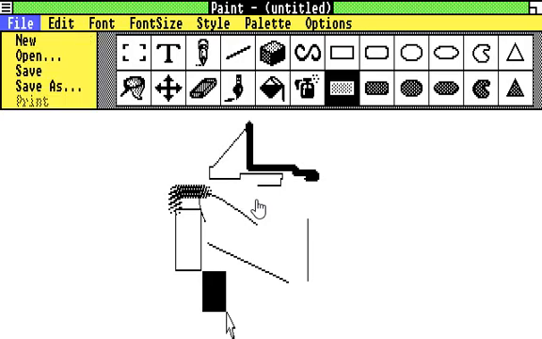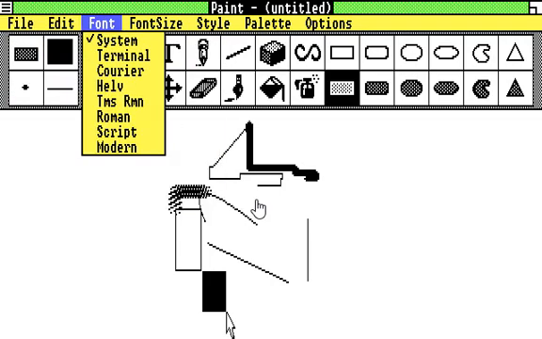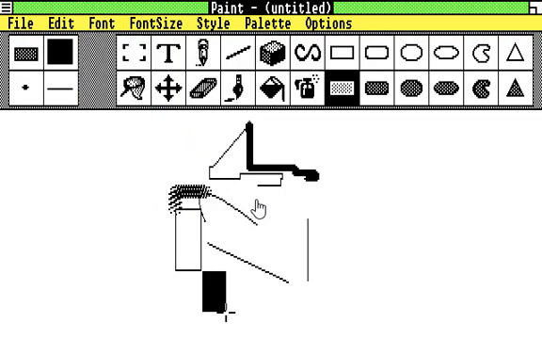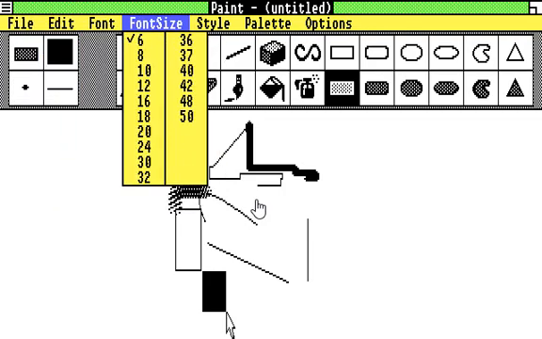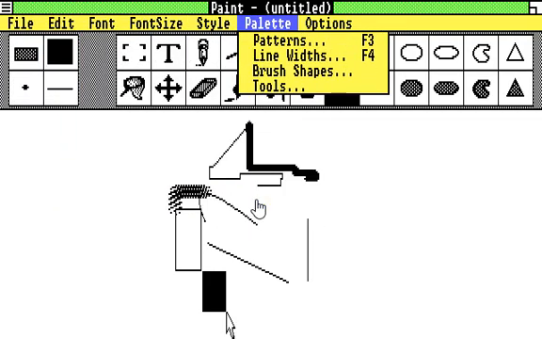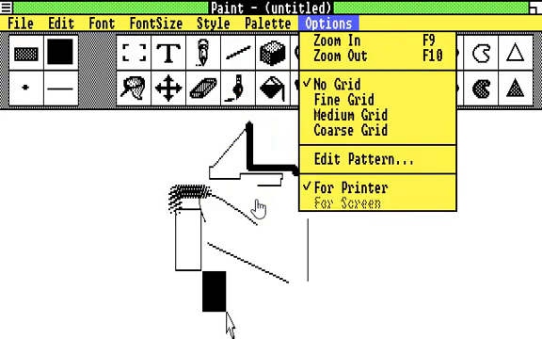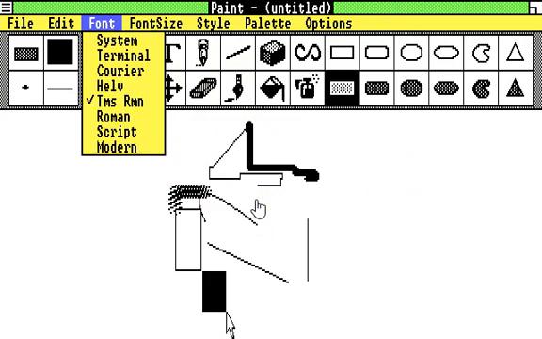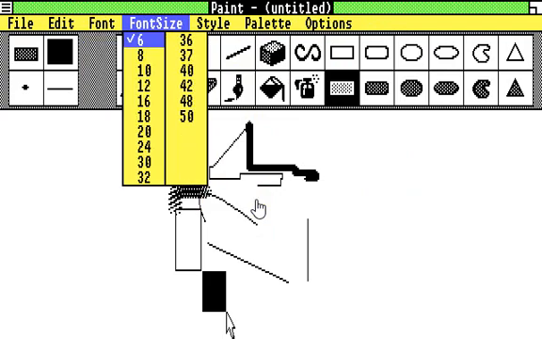But we can actually go into here and we can change the font, the text. We can have Times New Roman if you want. Change the font size, font style, and the colour palette. It's just black and white, even though the operating system itself isn't black and white. If we go to font size, let's just set it